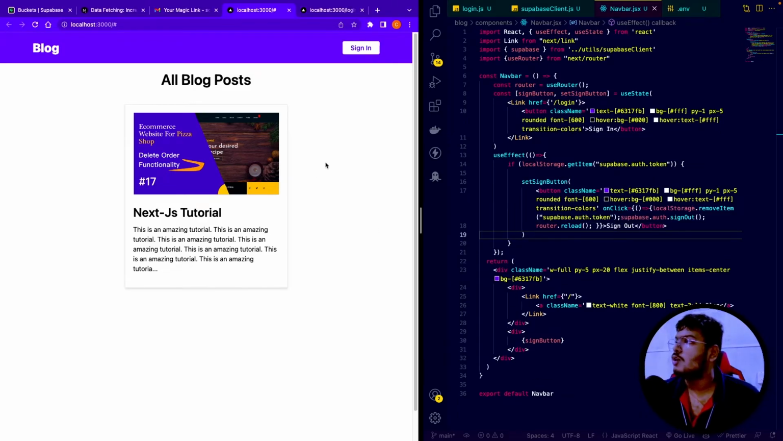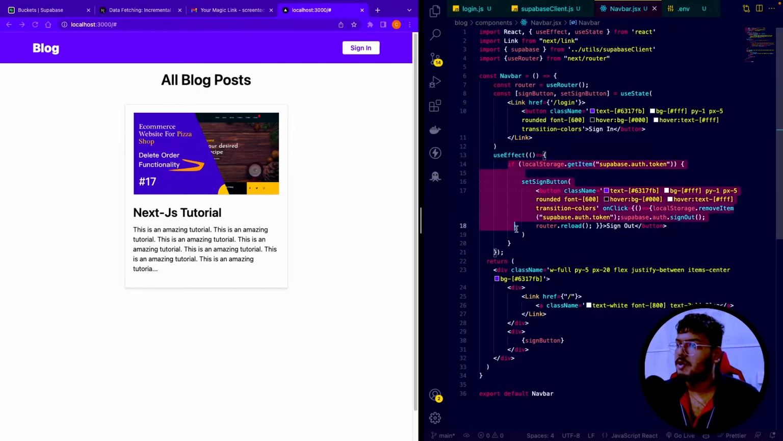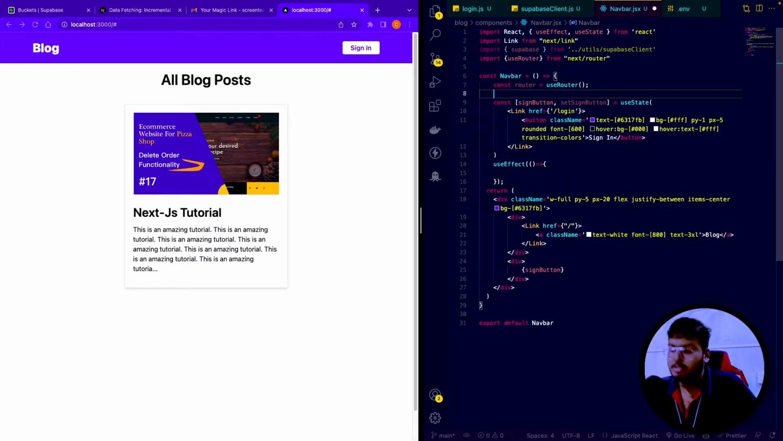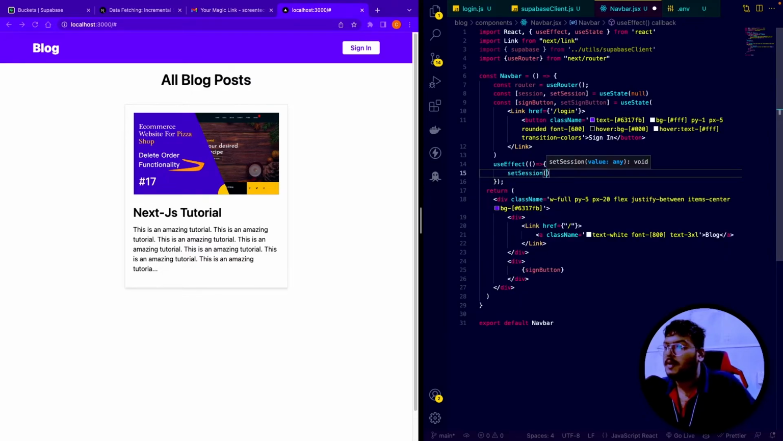So to solve that error, one thing we can do at this point is we don't need to use the local storage just like this. We can use the session that is provided by Supabase, right? So I need to use another useState snippet, and I need the session just like this. I can set my session to be null for right now, and I can change this at this point. I can write here setSession, and I can set my session to be